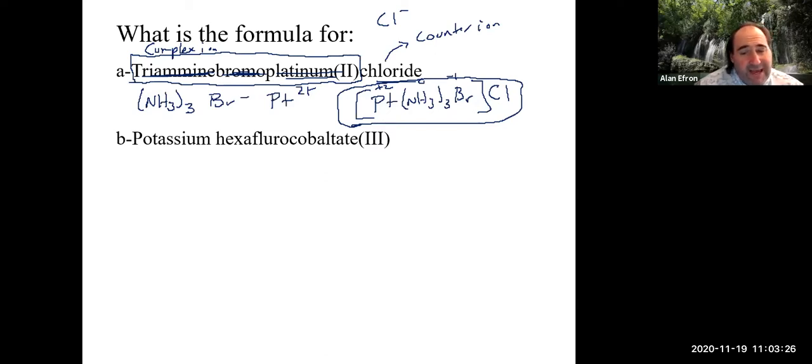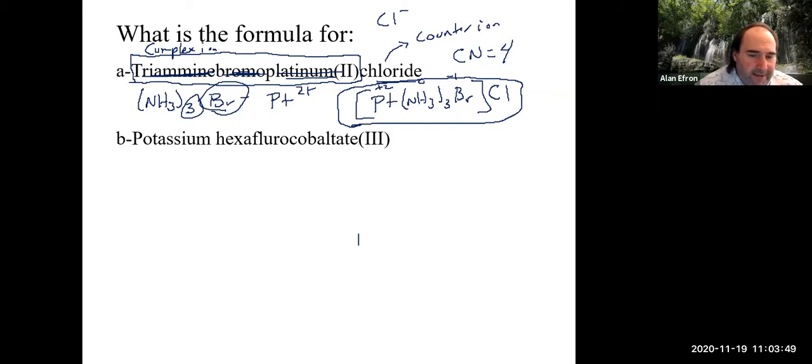Coordination number here is actually going to be 4 in this case. We have 3 ammonias and 1 bromide, giving us a coordination number of 4. Any questions on the name of that one? Okay, so